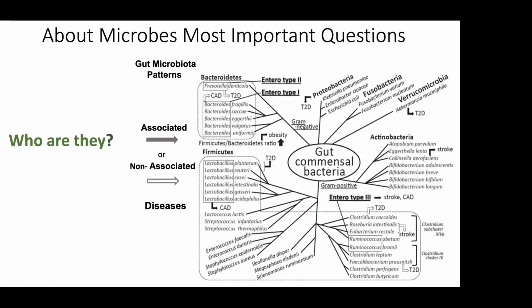So coming to the issue of the methods to analyze microbes, we have to put questions. About microbes, which is the most important question? The most simple, naive question is who they are. Who are these microbes? And we have the genetic definition of who they are by metagenomics, and then we make fantastic studies associating them to diseases and not to diseases, making fantastic studies and good impact factor, but in practice, zero in knowledge,